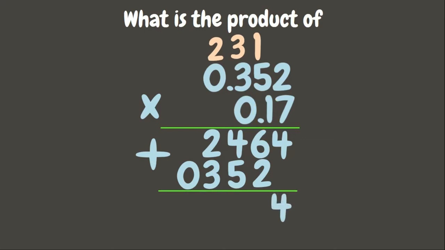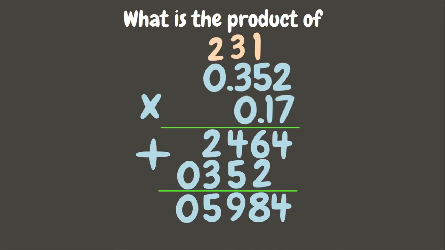4. Bring down 4. 6 plus 2 is 8. 4 plus 5 is 9. 2 plus 3 is 5. And bring down 0. Now remember, the total number of decimal places in the factors should be the same in